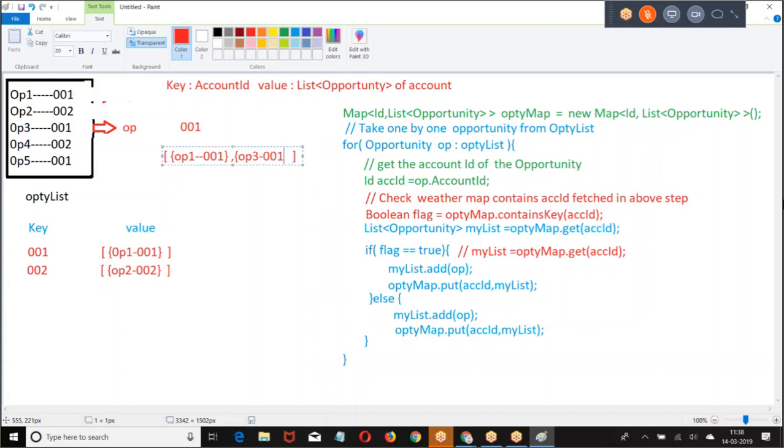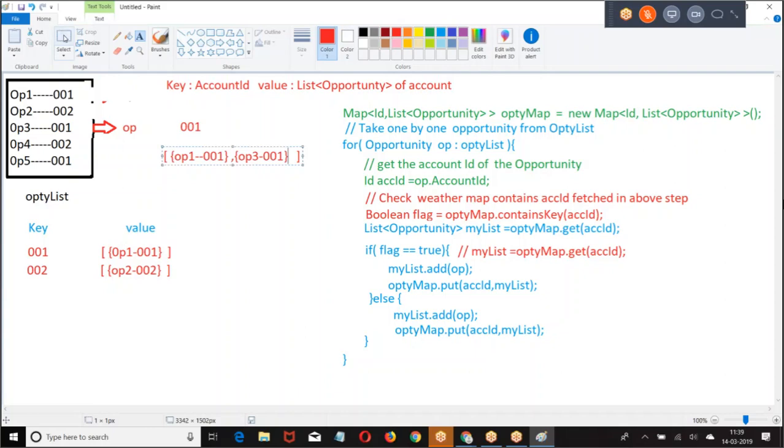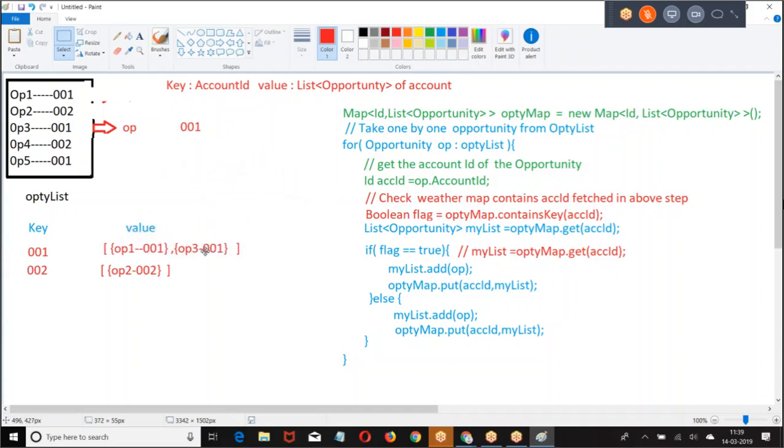OP3. Get the existing value, add a new opportunity to this, then put it back to the map. When I say put 001, comma my list, whenever we are inserting a duplicate key, the old values will be lost and the new values will be fetched.